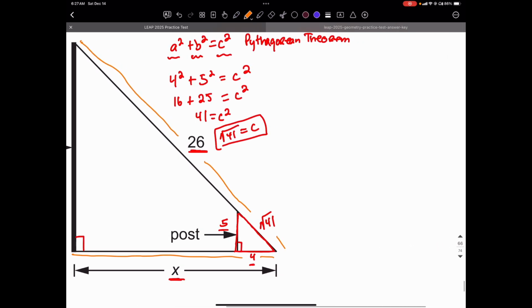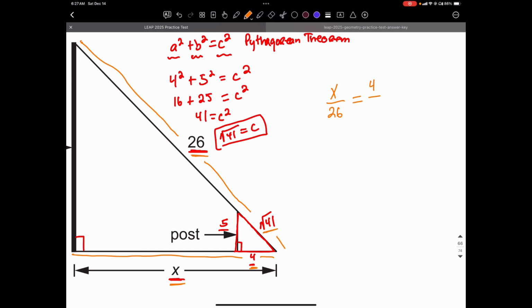So now we're solving for x, so I always like to put x at the top. So x over 26, right? Because we have x and 26 equals our base, which is 4. It's equal to 4 over